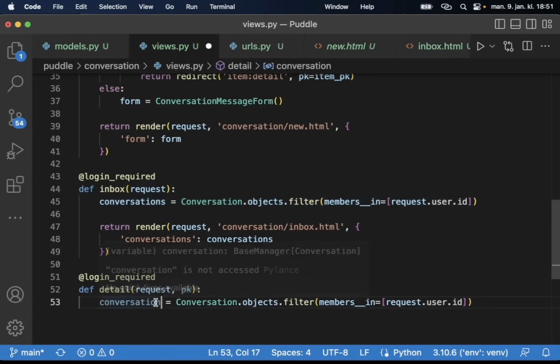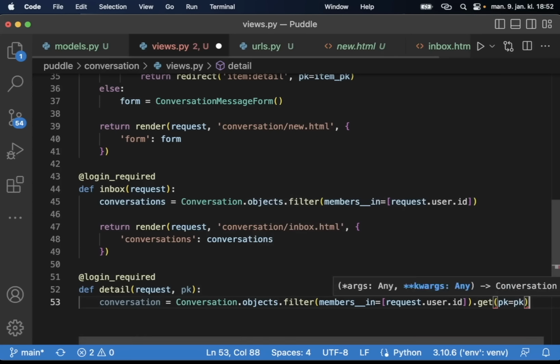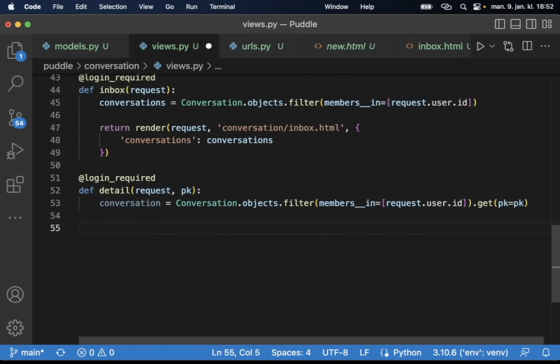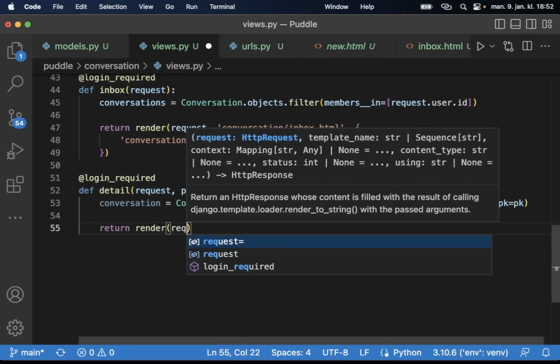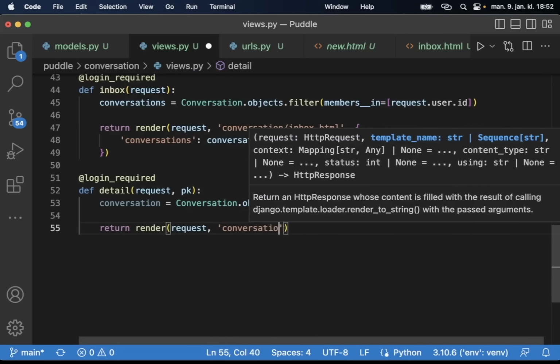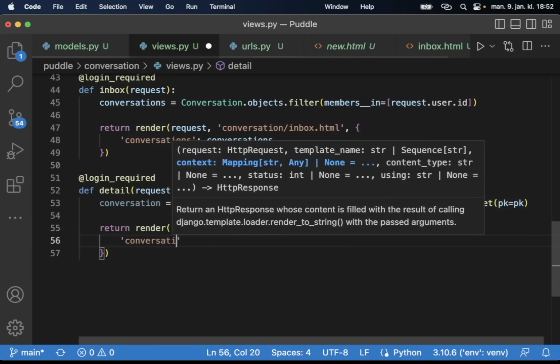So we just set this in not singular, not plural, .get, where primary key is primary key. And then we can just return this, return render request conversation/detail.html,